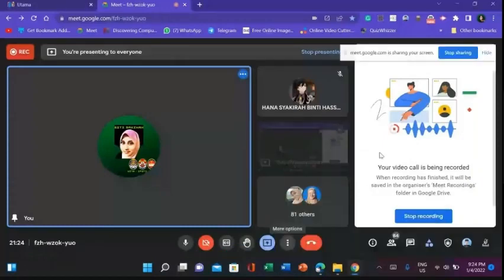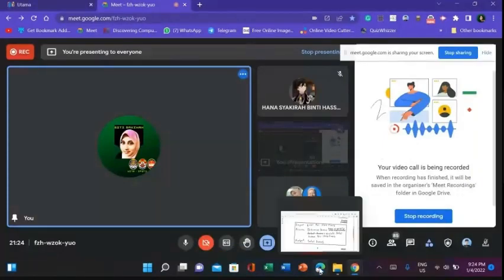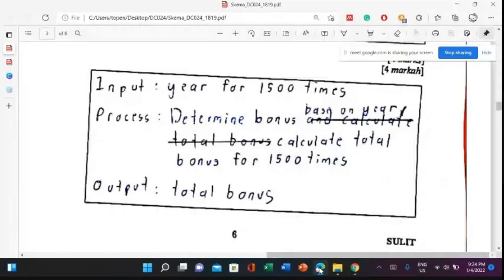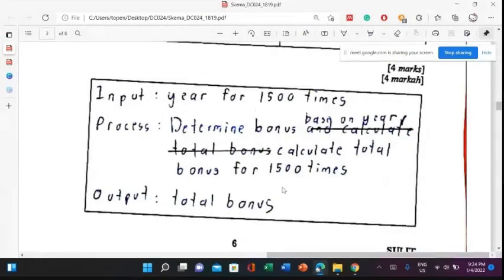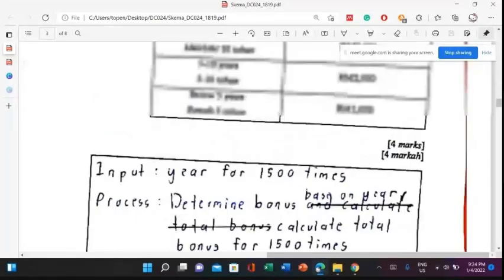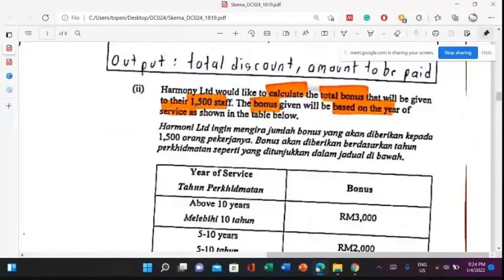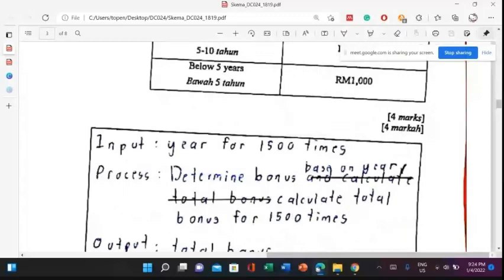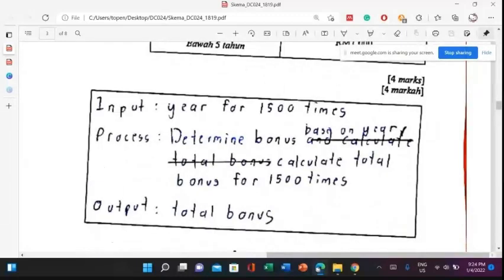All right. I hope that everybody can join. So our input is here for how many times? 1,500 times. It is not only 1 year, it is 1,500 years. Okay, or times. For 1,500 employees. Each one of these staff or employees, we need to input their year because we need to